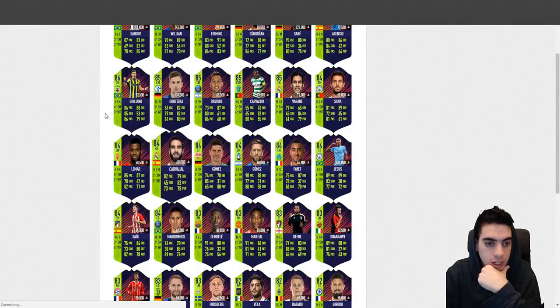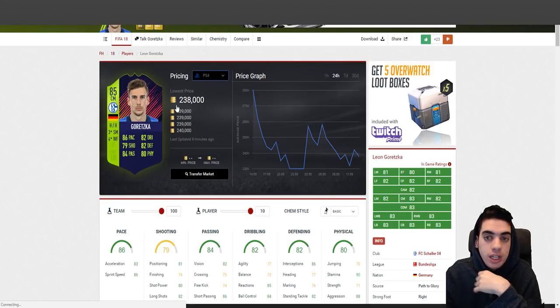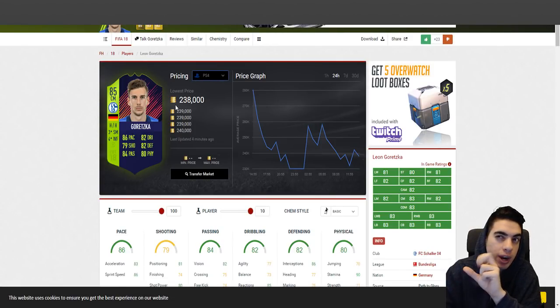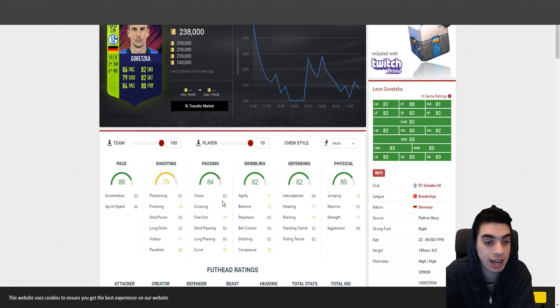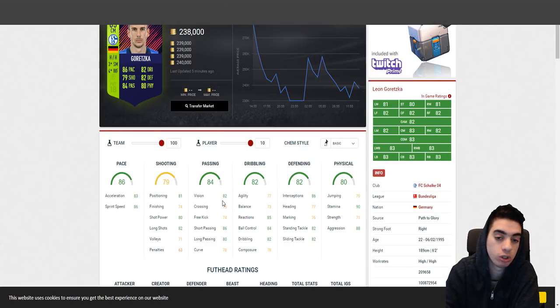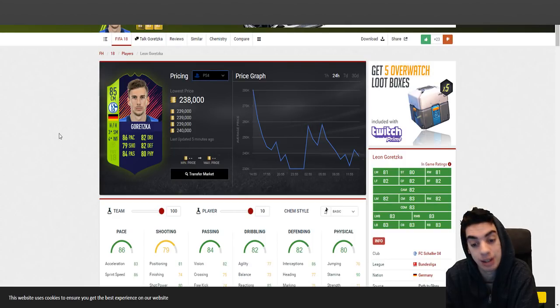What else we got here? We got Goretzka. Goretzka, obviously, is one of the inform / rare gold cards type players that are actually meta, because he's good in the attacking aspect and defensive aspect. So if you use this guy as a center mid in the left mid role or a right mid role, right center mid role or left center mid role, more preferably the right center mid, he'll play very well for you. I would definitely recommend picking him up if you want to use him as an actual meta player in